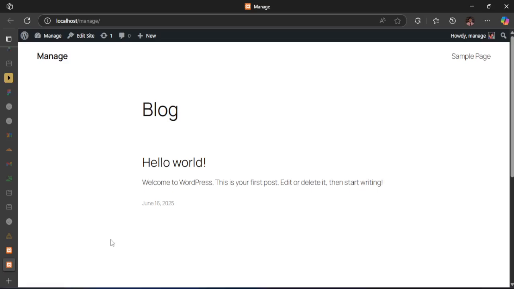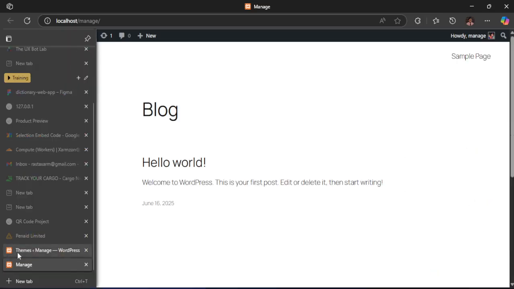But this is not what we want to see. We don't want to be seeing the list of posts. What we want to see is a home page where we want to put all our content. But before we do that, the first thing we need to do is to change this theme that it is using right now. I want to use a theme that is